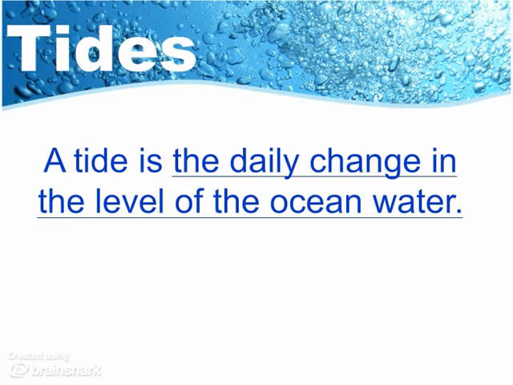The other thing that we need to look at is that it's a change in the level of the ocean water. So we've been talking about waves and currents, but waves and currents happen in different parts of the ocean. But when we talk about the tides, we are talking about the ocean as a whole, all the water in the ocean. Imagine if you were in a bathtub and you turn it on and the whole level of the bathtub rises. That would be like a high tide. When you let the water out, the whole level of the bathtub lowers. That would be like low tide. So that's what we're talking about here, is we're talking about the whole level of the ocean.